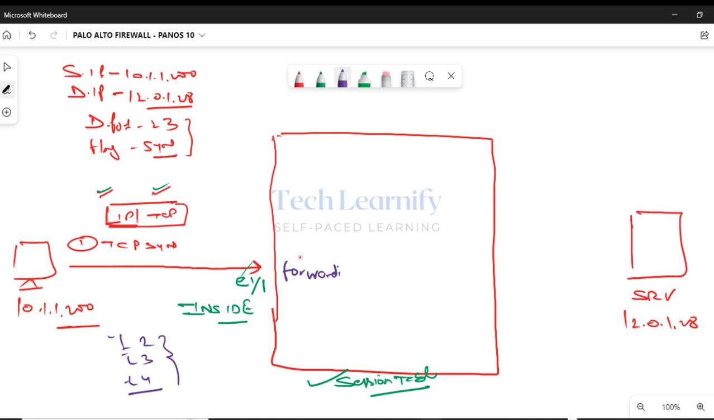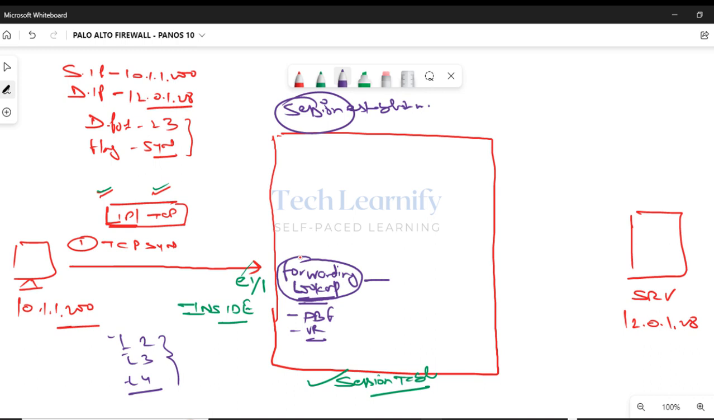Forwarding lookup in the... I've taken the example of a new session establishment, right? A new session, in fact. Forwarding lookup, and in forwarding lookup also preference is given to policy based forwarding and then virtual router routing, right? Forwarding lookup is done, and then the next one, after finding out matching route in the routing table, then